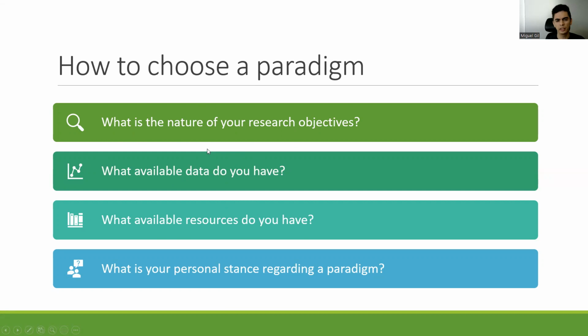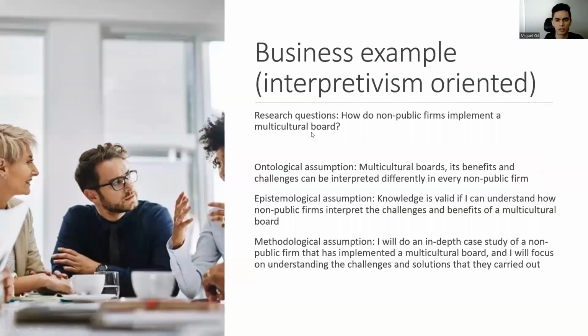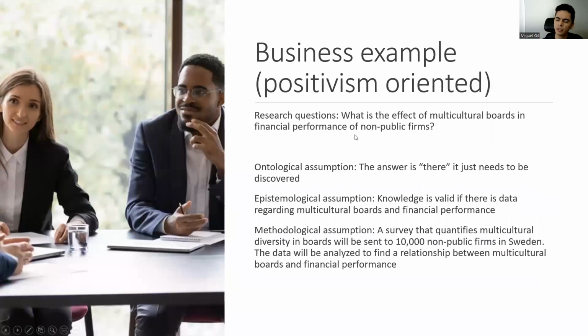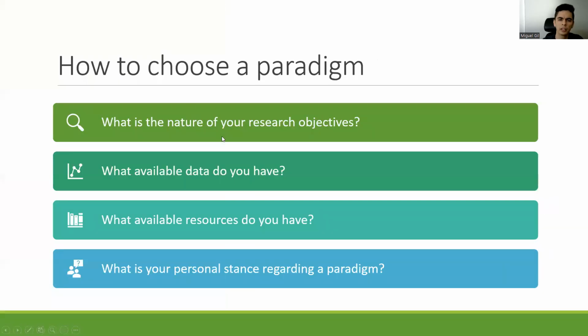First, what is the nature of your research objectives? Because this is the ideal. This is what you will read in the book. In the book, it says, define this question. If this is your question, then it is very clear what you will do. So this is the first step. Define your question. What is the nature of your research objective? What is your research question? What is your research objective? And that will give you almost the answer. But that's not true in real life. That's true in theory. But in real life, we have three other things that are very important.